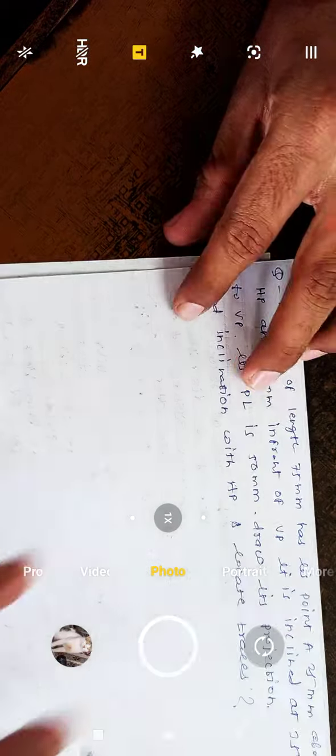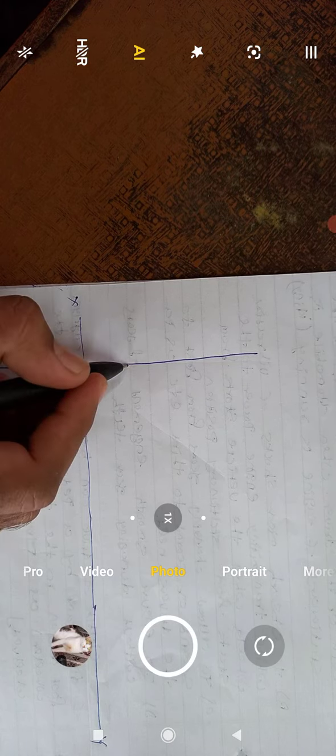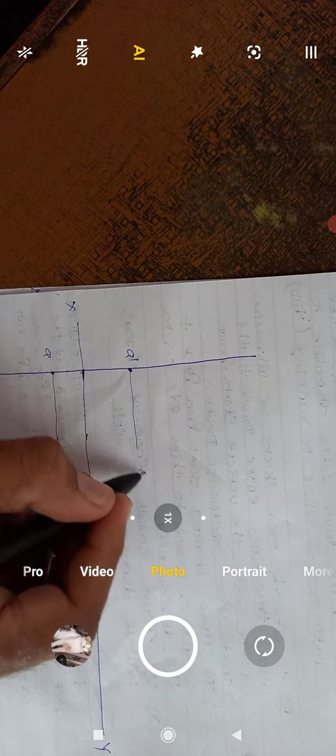Okay, in the same way, let us draw one vertical line and one horizontal axis. This is the axis XY. Next, 75 mm true length is given and point A is 25 mm above the HP. So this is A dash, and 15 mm in front, so this is A. Draw a horizontal line from each point. So this is also horizontal.